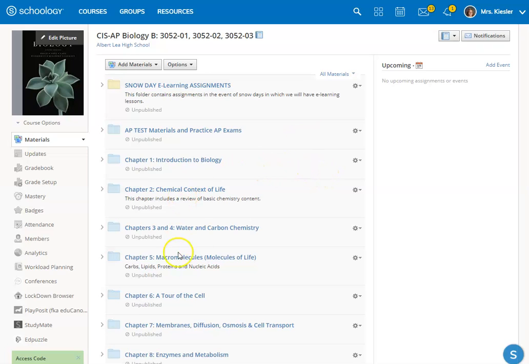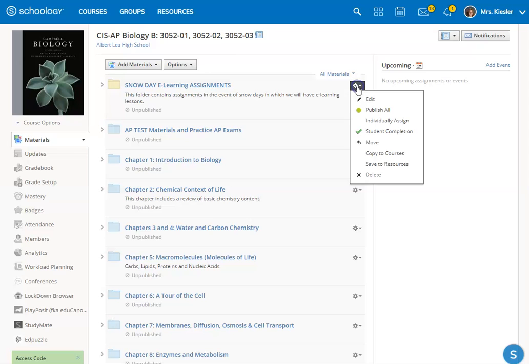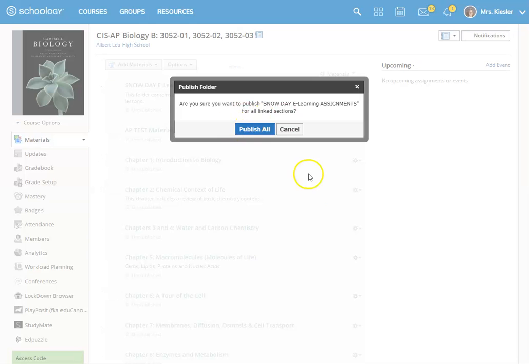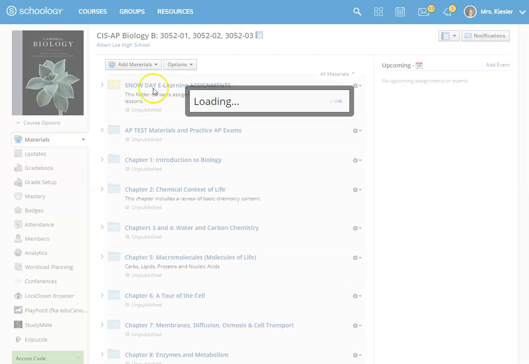Everything looks a little bit light right now because I have everything unpublished, meaning the students can't see any of these folders. Only I can see them and edit them. If you would like to unpublish items, you just use the gearbox off to the right. Click on that. So either you can publish all. So when I publish that, that means everything in this one folder will become visible to the students, and the folder itself will become visible in the Materials section,